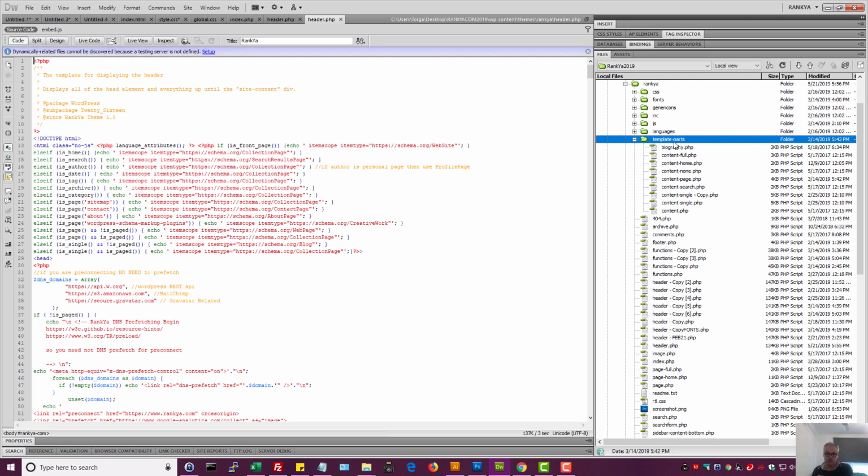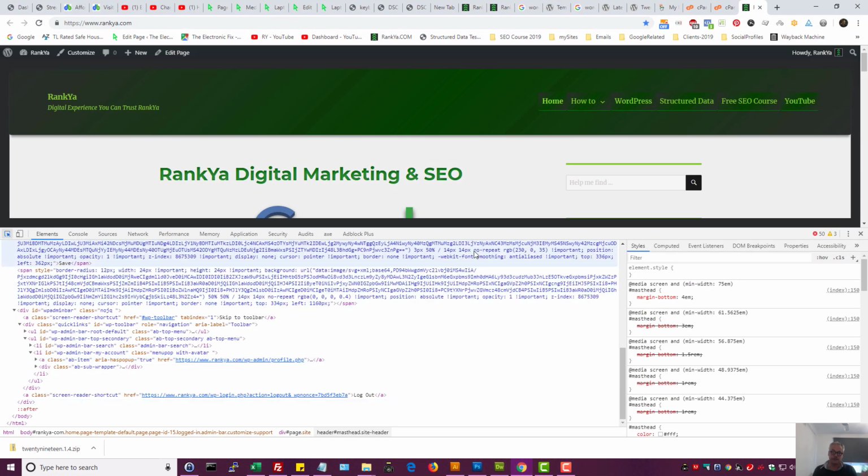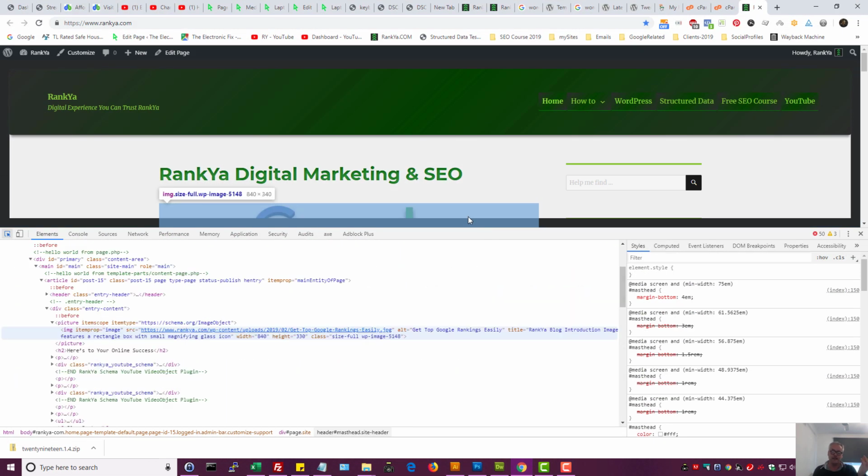Now, I'm using template parts, so I can create a modular folder structure. Makes sense? So it all depends on your level of knowledge right now, or else, as I've said at the beginning, you need to learn and be very efficient with HTML. You need to learn CSS. You need to learn the PHP programming language, as well as